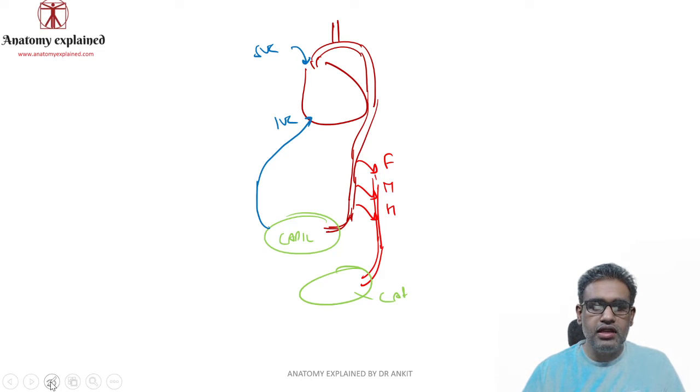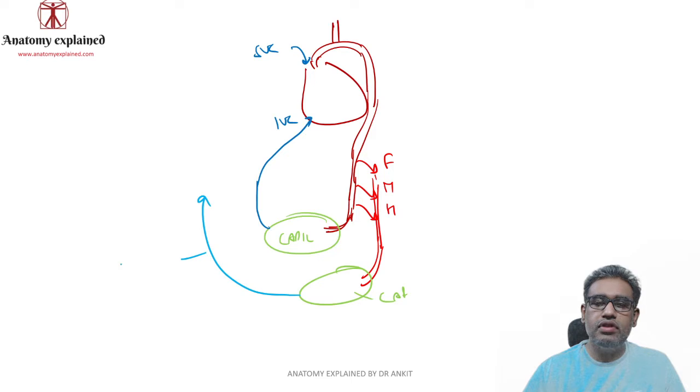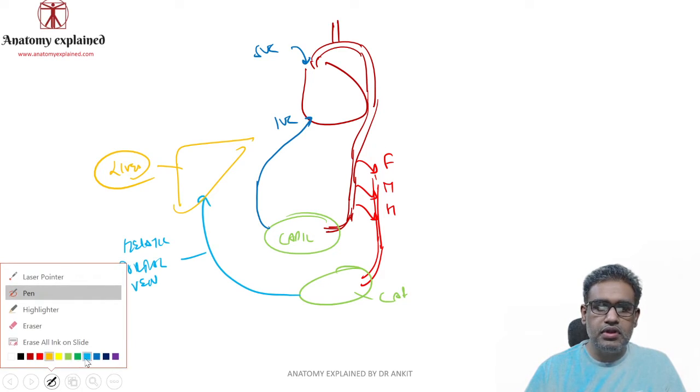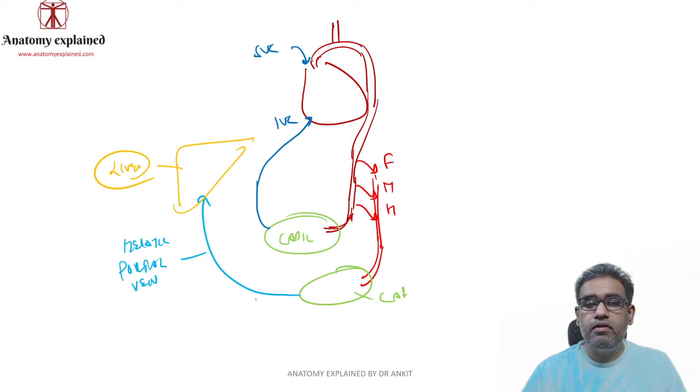Now from this capillary system, when the blood is starting to go back, it does not go back directly into the SVC or IVC. It starts to go back into a vein which is known as the portal vein. And over here, as it is going to the liver, we call it the hepatic portal vein. And here you can show this as an organ, imagine this to be the liver over here. So inside this liver, this hepatic portal vein took off all the blood which was actually absorbed from the gut.